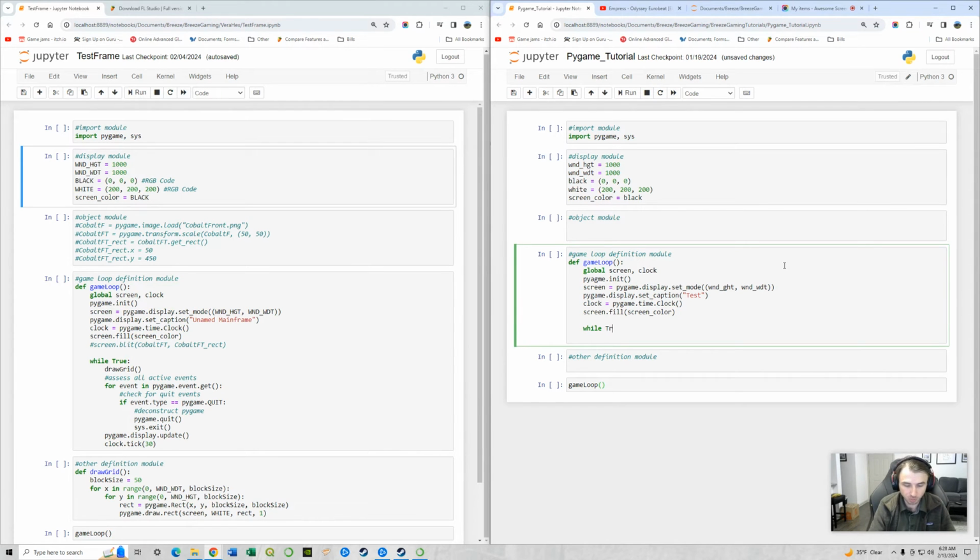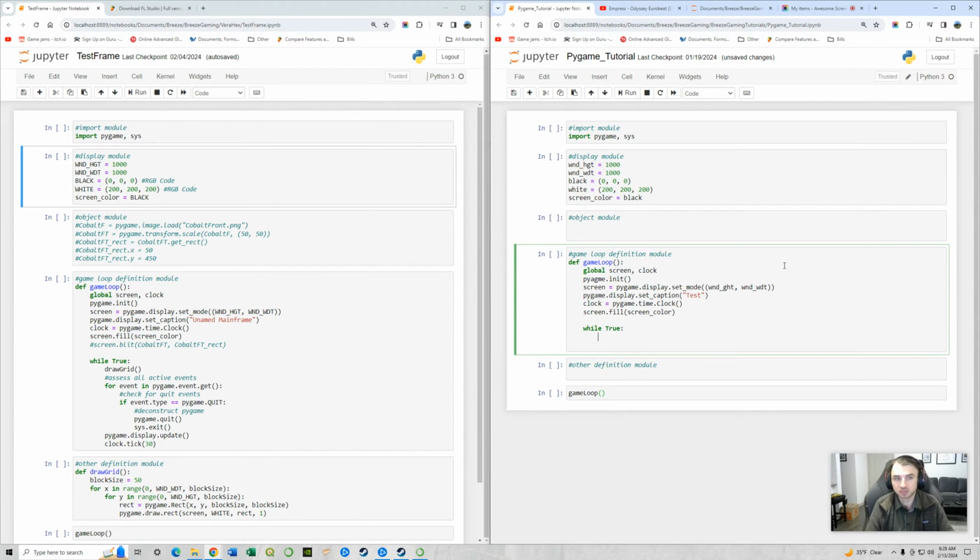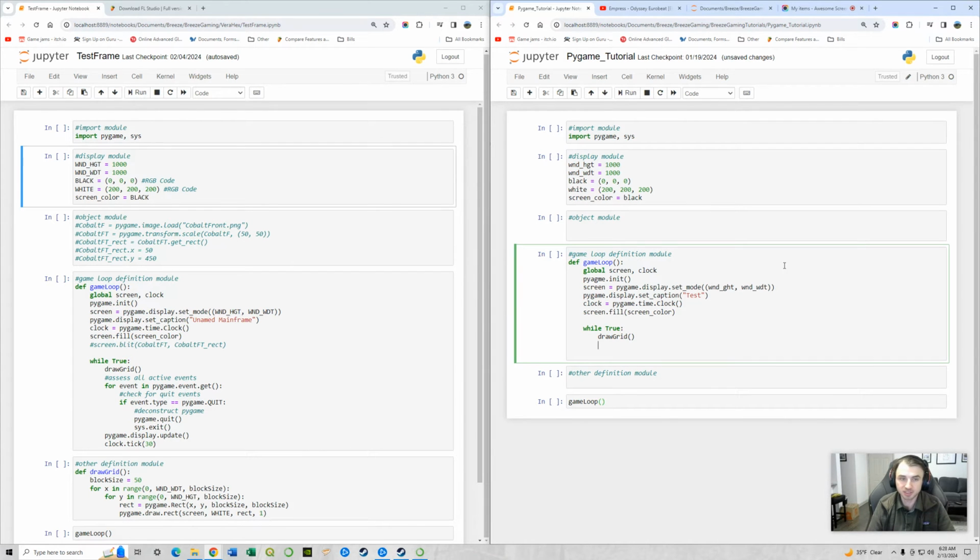So while True, this is our game loop. We'll get back to the screen.blit. That's just placing an object on top of our screen, but we'll get back to that after we create the grid. We're going to do def draw_grid, and I'm going to go down after I finish this and create that definition, and we're going to say for event in